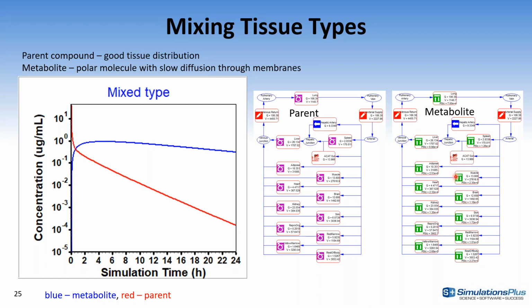The other area where this becomes very useful is in DDI simulations. Up until now, if you were doing DDI predictions, you had to make sure that you had the model calibrated for your victim as well as for the perpetrator with the exact same tissue types. You won't have to do that anymore. The program will be able to cross this over, so you don't have to make modifications to the model.